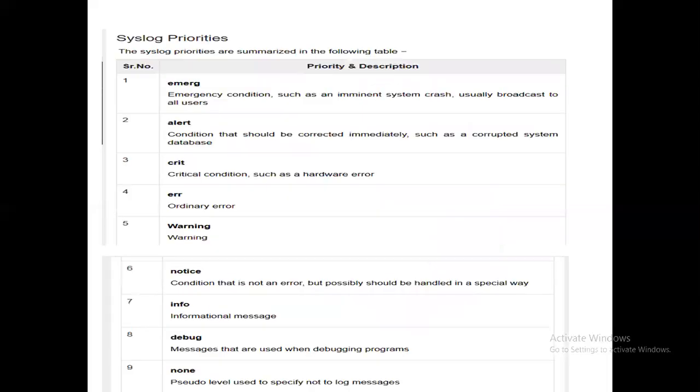So here you know that syslog has some priorities. What kind of severity priority messages do you want to generate? You want to get all the files. You want emergency conditions such as an imminent system crash, broadcast to all users; alert, a condition that should be corrected immediately, such as a corrupted system database; critical conditions such as a hardware error; ordinary error; warning; notice; informational message; debug message. So depending upon the priority, you can set your priority so that you only get those log